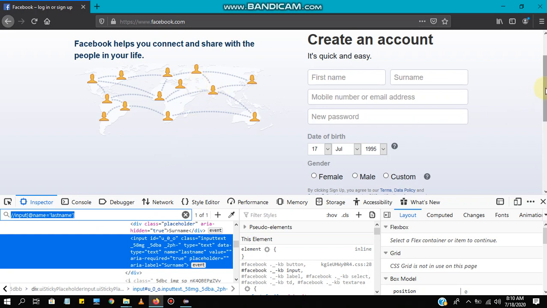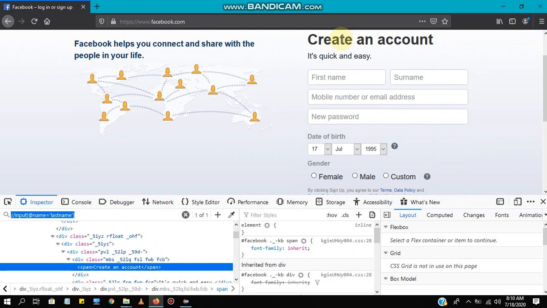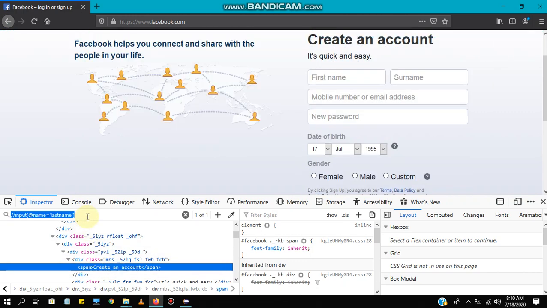Let's assume you want to capture the create an account label. Just click there and click on create an account. You can see this blue color highlighted area. We need to write the XPath using these values.